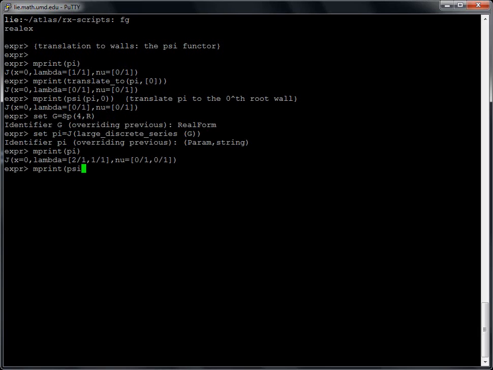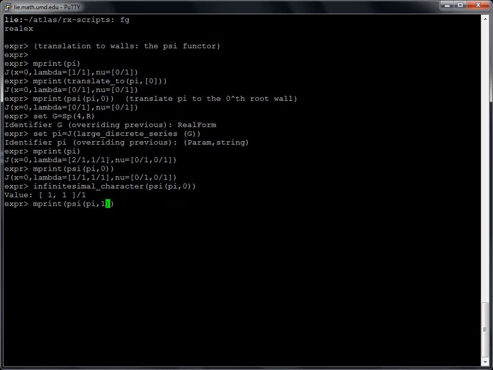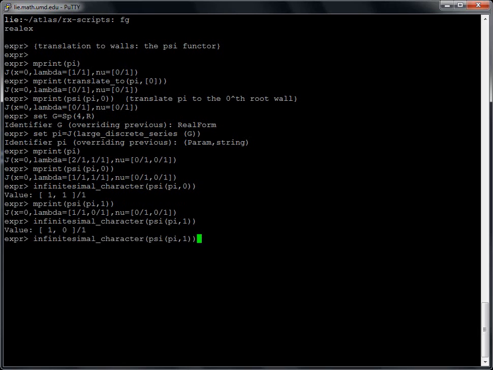So that is to say, psi of pi to root 0. And what you get is this parameter for a limit of discrete series. You see that lambda is now (1, 1). Let's just double check the infinitesimal character of this representation is indeed (1, 1), which is singular on the root E1 minus E2. Similarly, if you translate to root number 1, you get infinitesimal character (1, 0), which is singular on the root